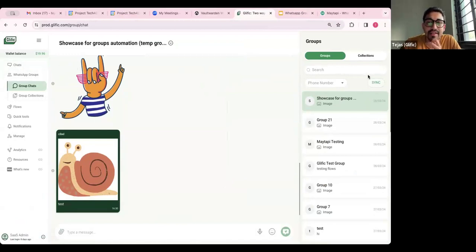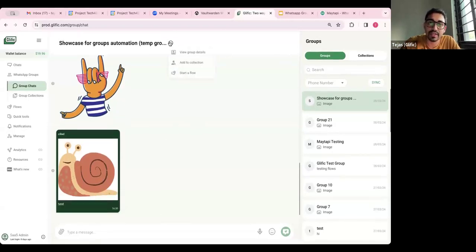It's a way to see things at an immediate level, if this number got added or removed from a group and that is not getting reflected over here. Usually it's a cron job, so it might reflect after let's say an hour or 45 minutes, syncing all the groups and all the contacts who are part of the group at the same time. But messages and all those things you'll be receiving in real time.